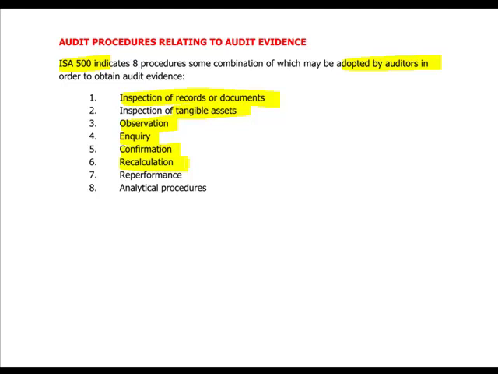Or reperformance of some kind of procedures, and analytical procedures, which are comparing different figures, making sure that our assumptions or our expectations related to the balances in the financial statements are valid. For example, growth of revenues related to growth in cost of sales. That will be our session about audit evidence. In our next session, we're going to also discuss something more about inventory.